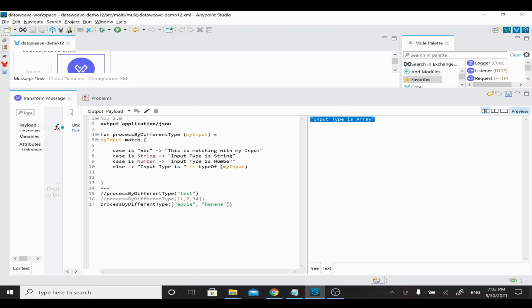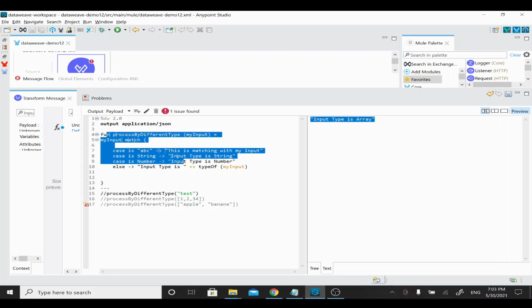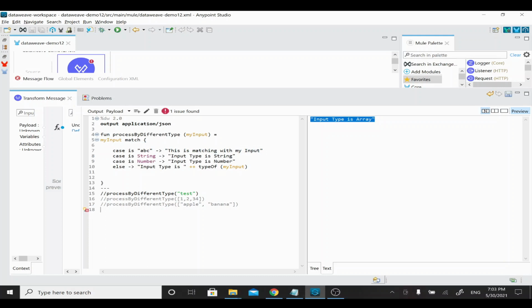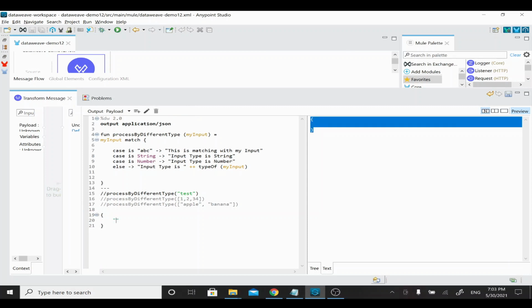Now we have seen this exactly in the function, right? We can write it directly here also. I'll just minimize or comment this one. For example, instead of typing in a function, you wanted to write it directly here. So how do you do it? For example, in order to print anything in the key value pair, normally you will start and close the parenthesis, right? For example, I just wanted to give my key as my input value. Now I wanted to type a case statement here.